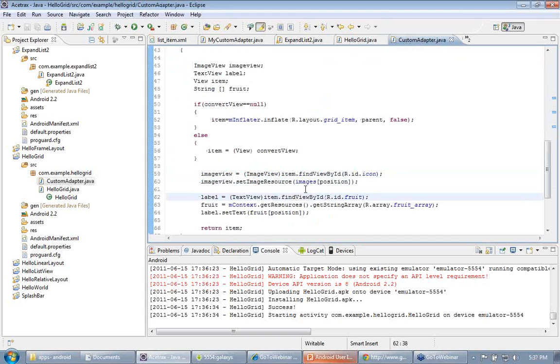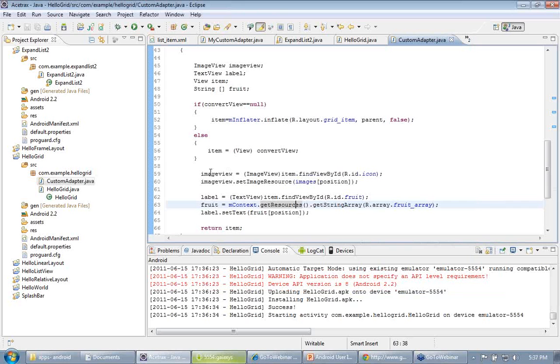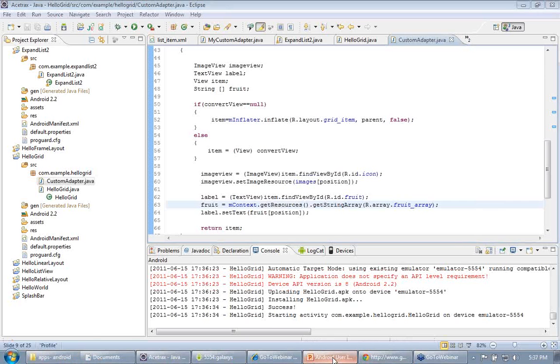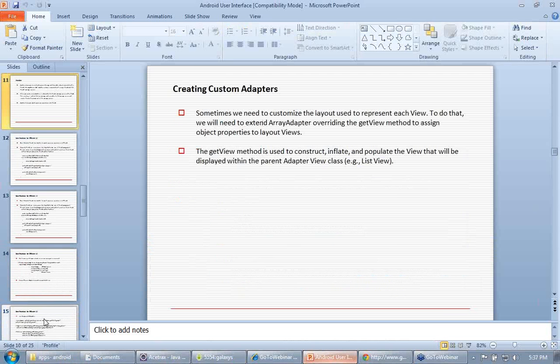We just need to define a simple adapter, and again we are just calling an array from getResources. So this is our program. You can see that we have a series of images and some text below it. So we have covered